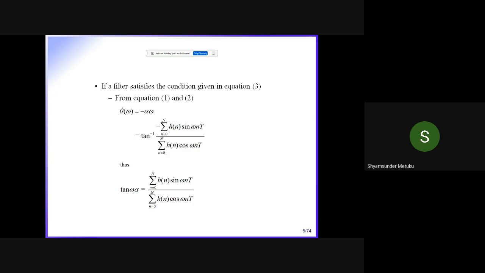So can I write tan omega alpha is equal to this much again? Tan, you are moving to the left hand side. So this term is there, minus alpha omega is equal to tan inverse of minus this one. Can I cancel minus and minus if I equate these two? Yes, sir. I cancel minus and minus, this tan can be taken here, so it becomes tan omega alpha, isn't it? So tan omega alpha is equal to this much.